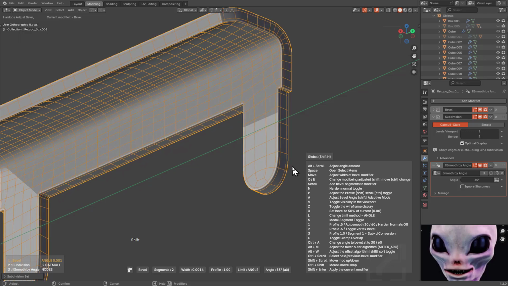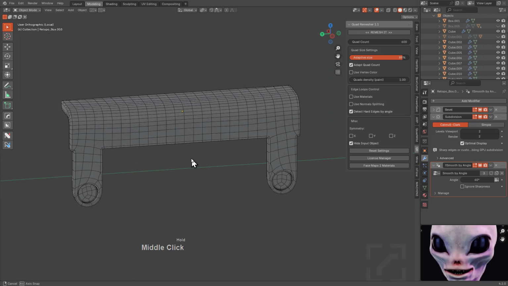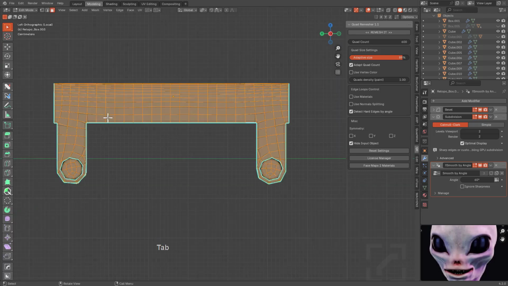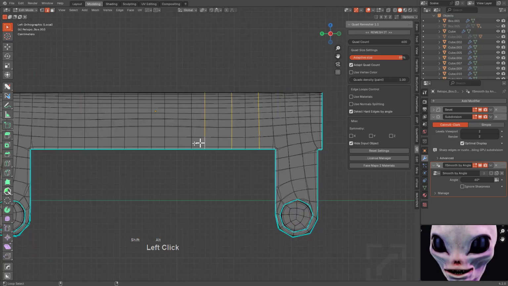I'm just alt scrolling to make the angle a little more lenient on this, but this part we basically corrected in a record amount of time. However, if you submit this model to me, I would say, nice remesh, bro. Please get that out of here. What do you think I'm going to do with that? You think I'm going to unwrap that or send it into a game or whatever? I don't know.